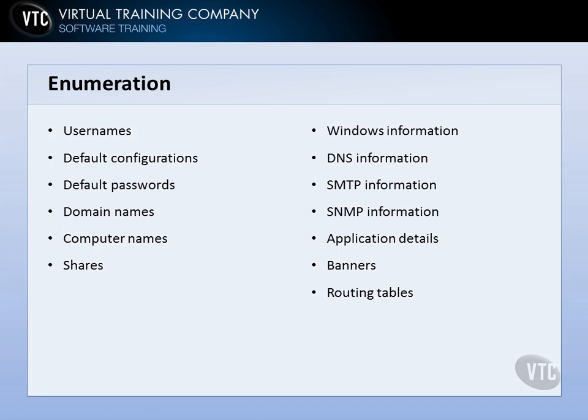So all of this information is very useful to us because it can help us stage a better attack. We're progressing basically from the general to the specific. So we did footprinting, which was very general, and then we did scanning, which was a little bit more specific and targeted a particular network. And now with enumeration, we're going even more specific, and we're looking at particular hosts and devices on the network. So we're going from the general to the specific,